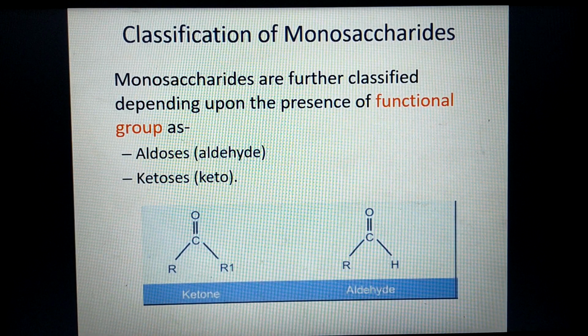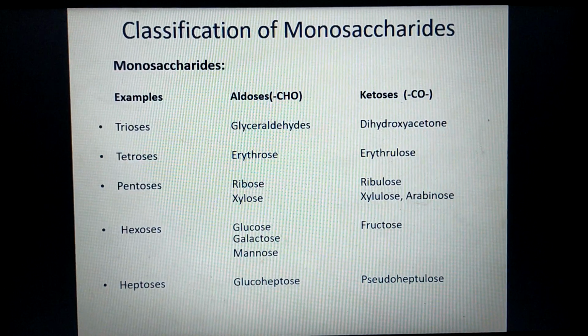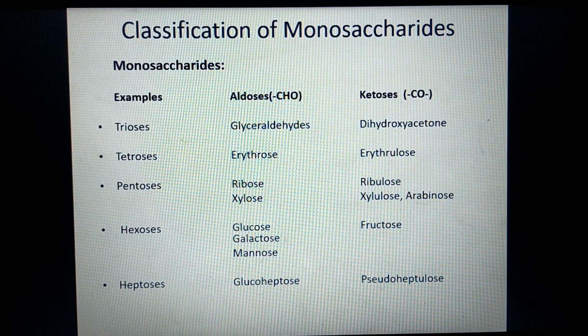Monosaccharides are further classified depending upon the presence of functional group as aldoses and ketoses. Aldoses have aldehyde as a functional group, whereas ketoses possess keto as a functional group. Coming to the examples of monosaccharides, monosaccharides with 3 carbon and aldehyde group, example is glyceraldehyde, and with ketone group,